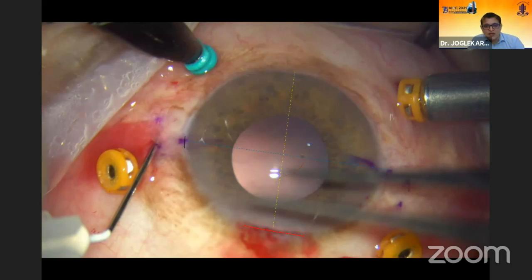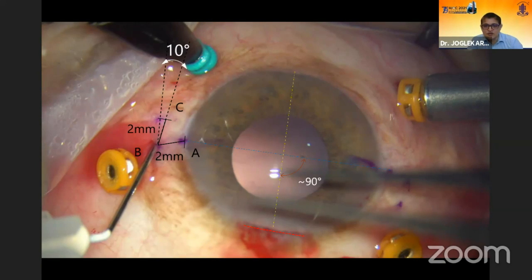So we begin by marking the axes. Axes are marked 180 degrees apart using a marker. It should be 90 degrees to the incision to facilitate the correct tucking of the haptics inside the needle. We pass the needle from point A, marked 2 millimeters from the limbus. Another point is marked in the clockwise direction, 2 millimeters parallel to the limbus with a small degree of angle in between. And we pass the needle.